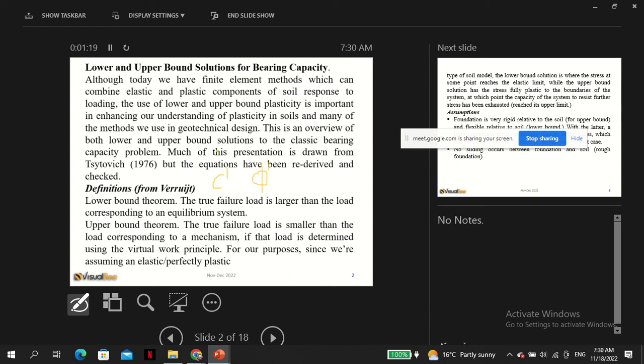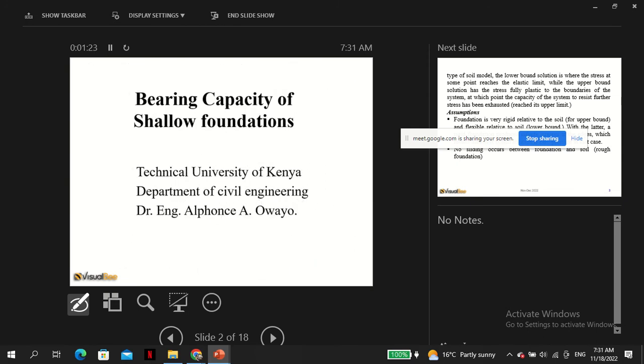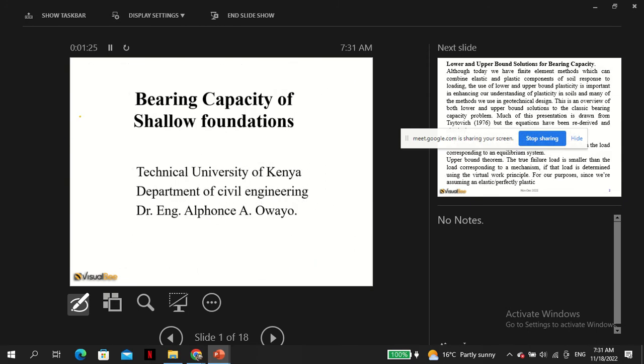In fact, to preempt, the values of the bearing capacity Q can be calculated from the value C, plus Q,